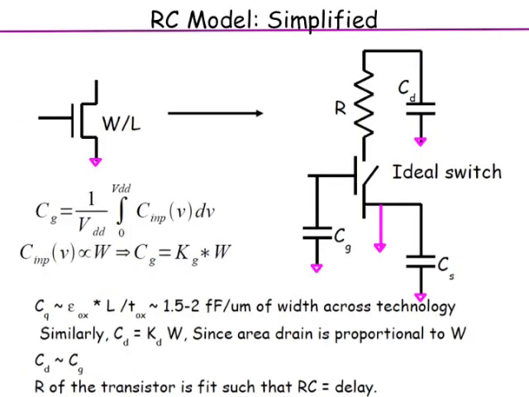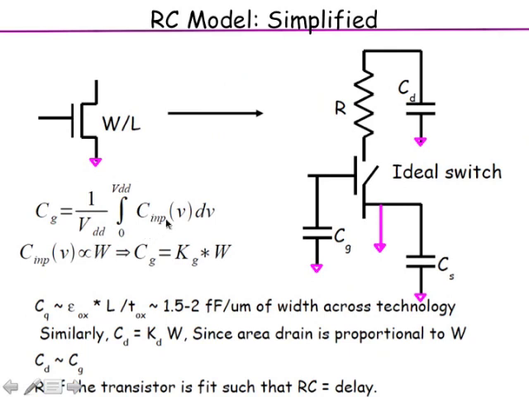So now this is my simplified model. The gate capacitance is also a function of the voltage. So I come up with an effective gate capacitance, where if I use that number Cg times VDD, when I charge the gate from 0 to VDD, the amount of charge I put in is the same as in the actual gate. In the actual gate, I have the capacitance as a function of voltage. I integrate with voltage and I get some charge, the same charge. It is essentially taking an average.